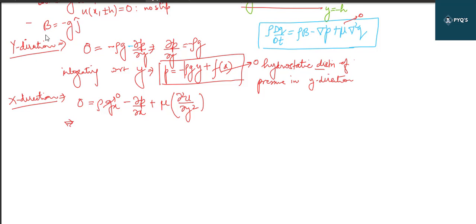Now mu del 2u by del y 2 equals del p by del x, so del 2u by del y 2 equals 1 by mu del p by del x. Now integrating twice,